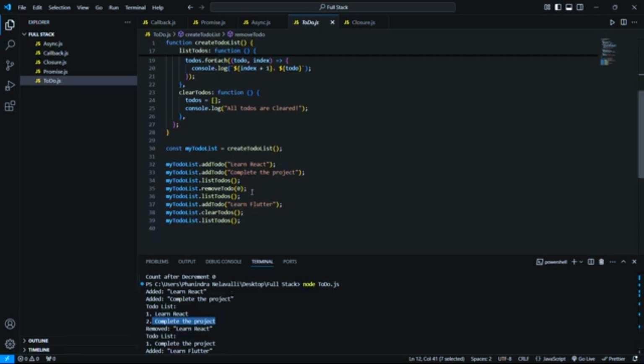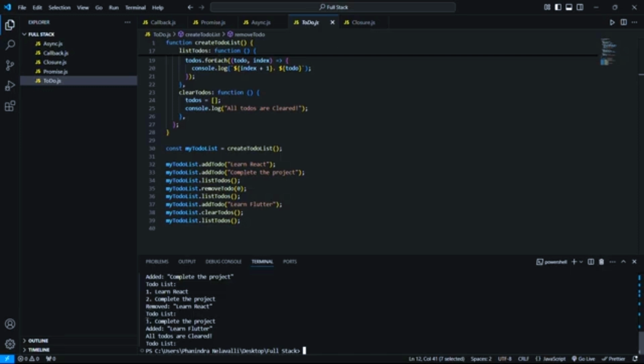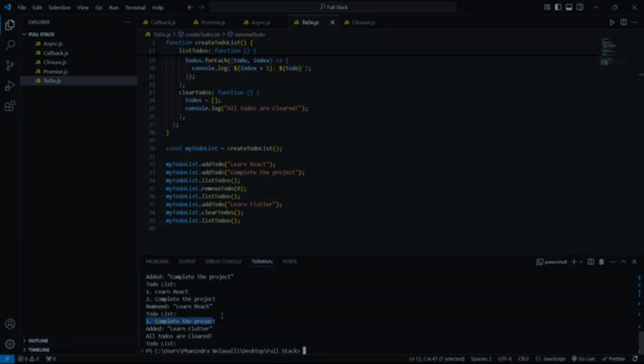So remove a todo from the list whose index is 0. Since the index of the learn React todo is 0, it will be removed and displays removed learn React. So again we're displaying the list, that is complete the project. Since learn React is removed, we have only one todo, that is complete the project. Again we're adding a todo, that is learn Flutter. After adding learn Flutter,